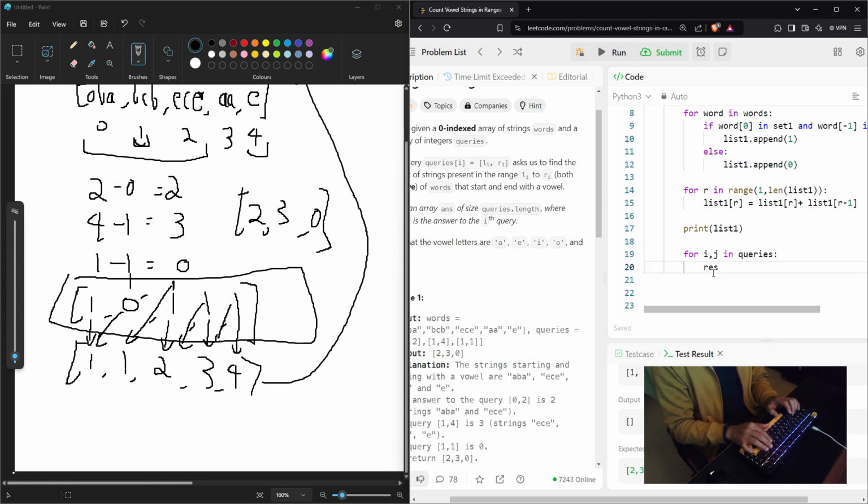So we're going to declare a variable res which is going to store the value, and it will be the difference. So list 1 j minus list 1 i. This will hold only if i minus 1 is